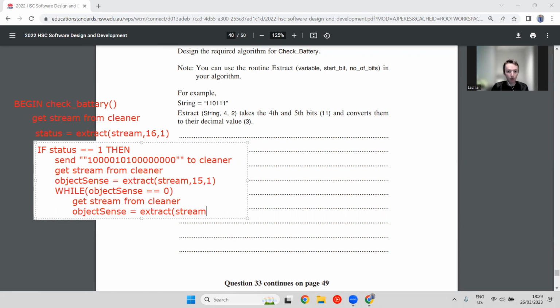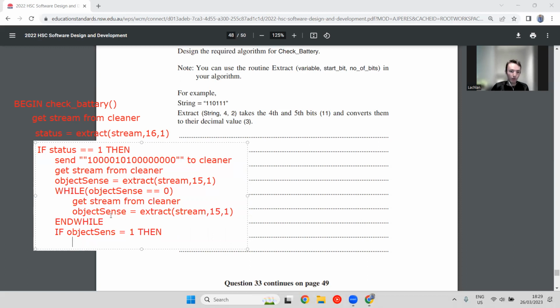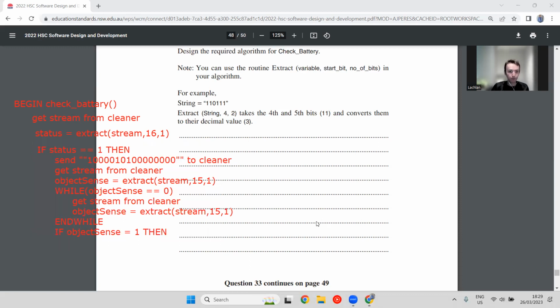We're just going to keep extracting the 15th bit until we find the point where it senses something. So if we do sense something, whether it's an object or we end up finding the way back to the base station or whatever,